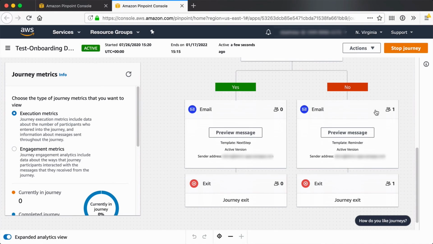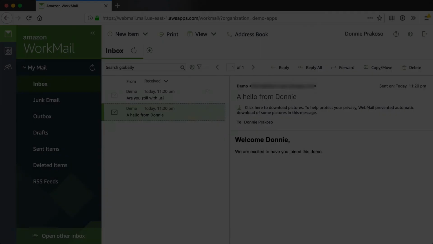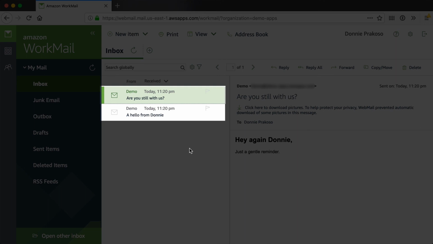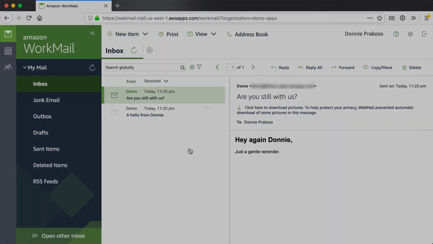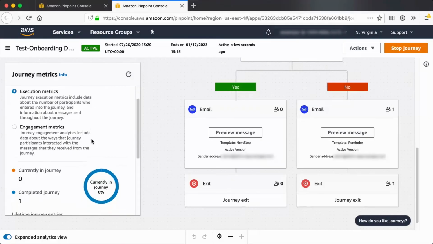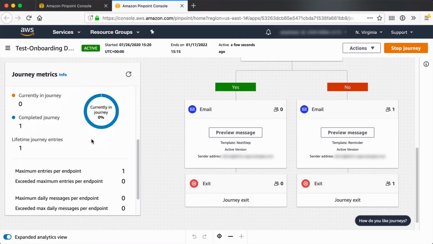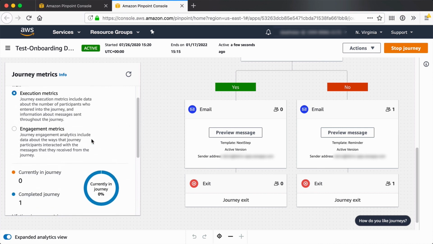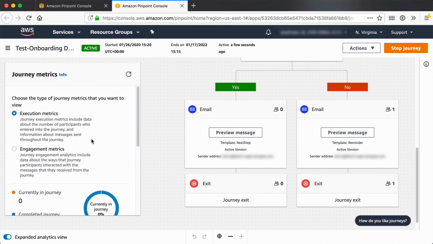So let's switch to the mailbox to see the email results. In our mailbox, you can see that we received 2 emails, a welcome email and also a reminder email. We can say that the journey completed successfully. Going back to the dashboard, on the left side of the journey, you can get more insights by choosing execution metrics or engagement metrics. You can analyze and evaluate your campaigns based on this information